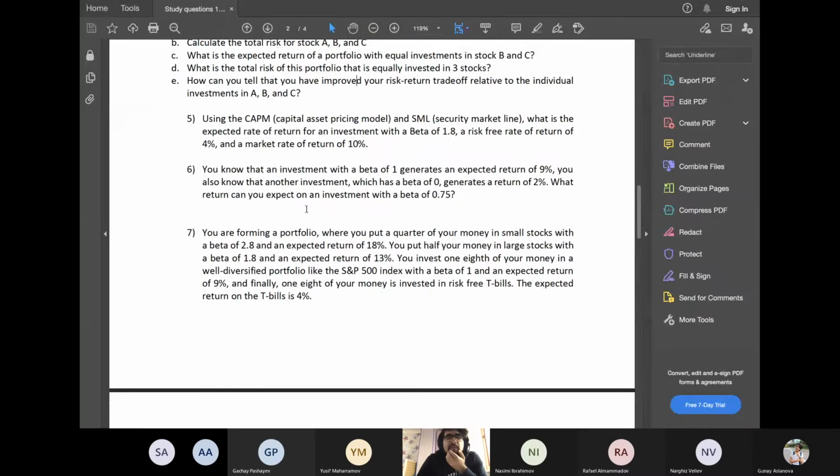You know that an investment with a beta of 1 generates an expected return of 9%. You also know that another investment has a beta of 0 and generates a return of 2%. What return can you expect on an investment with a beta of 0.75? 75. That's a very